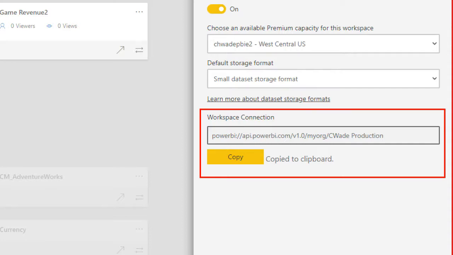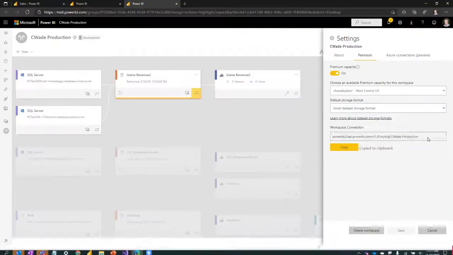This basically uses the XMLA endpoint, and I can connect to the Power BI workspace as if it was an Analysis Services server, right? From SSMS, from SSDT, from Tabular Editor, from DAX Studio, from ALM Toolkit, and many other tools. I can do PowerShell scripts and automation and automated deployments and everything, all using this workspace connection as if it was an Analysis Services server, right? So with that, I've copied that into the clipboard, and